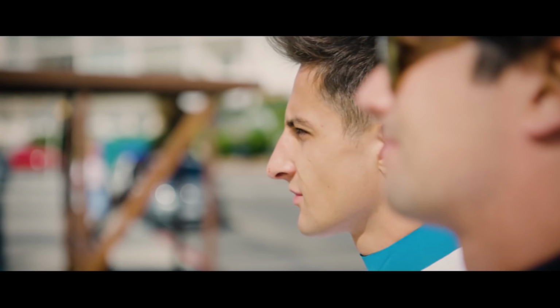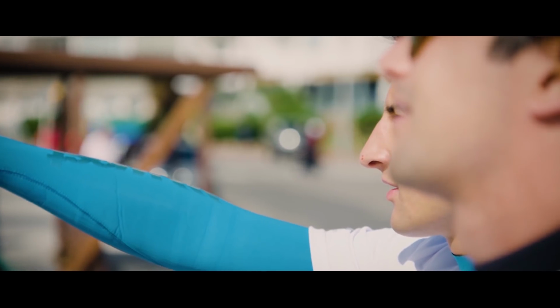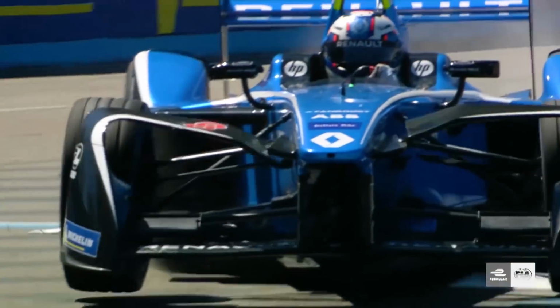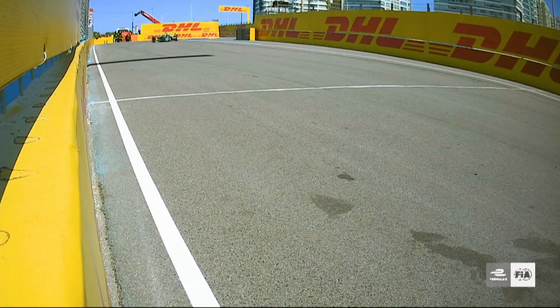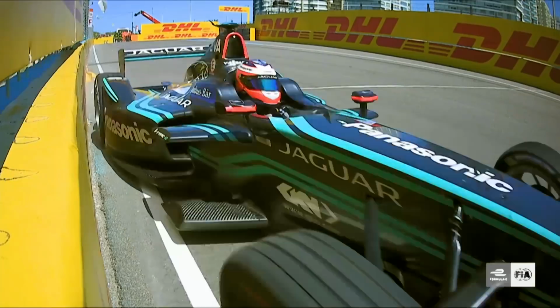And it's victory for our host Mitch Evans. Let's see if he can perform as well in quali. Although it wasn't quite smooth sailing for some of the other drivers. Nico Prost got up close and personal with the wall on the way out of the chicane. Nick Heidfeld was the next driver to experience problems as he hit the barriers at turn 18. Our host Mitch Evans also had a brief encounter with the wall, but still managed to make it through the